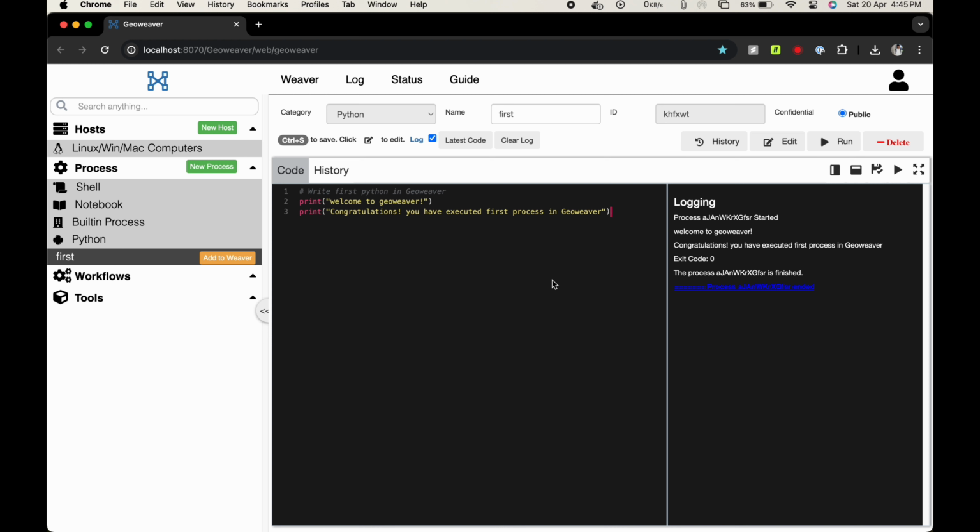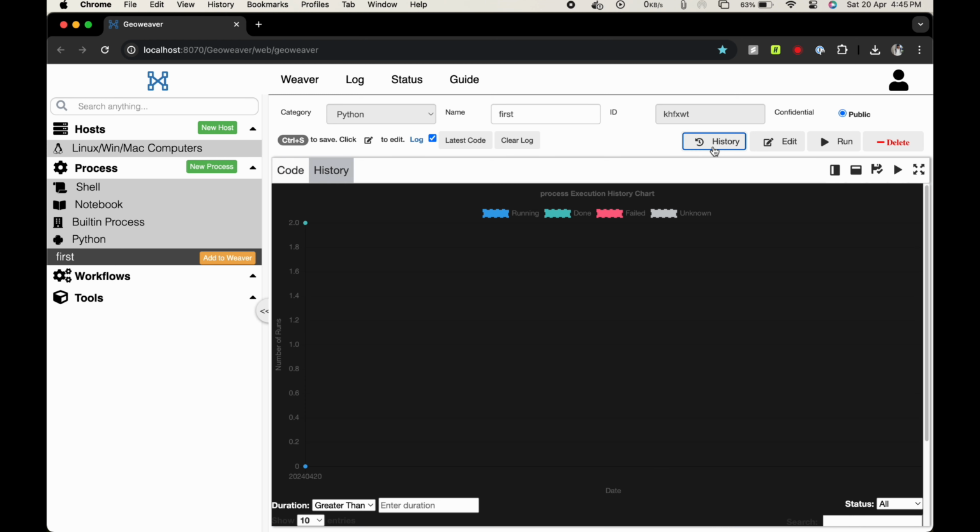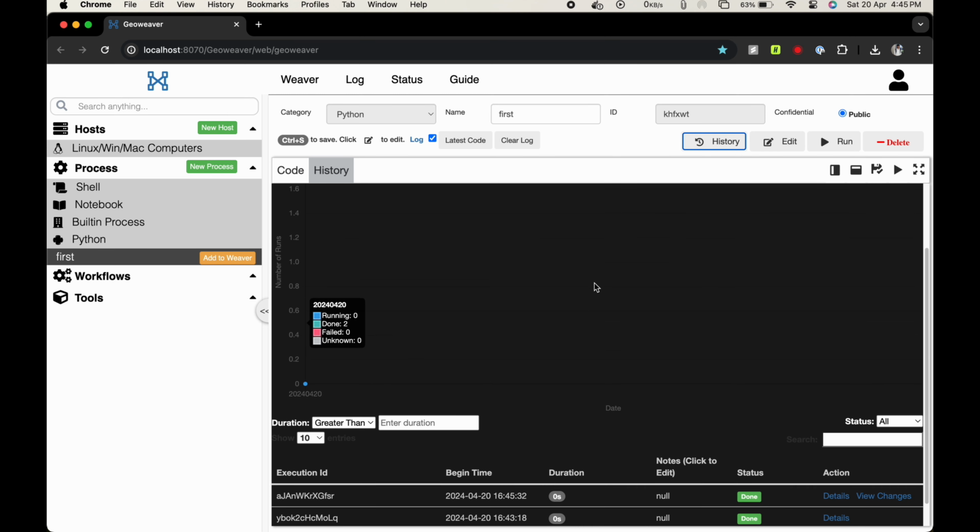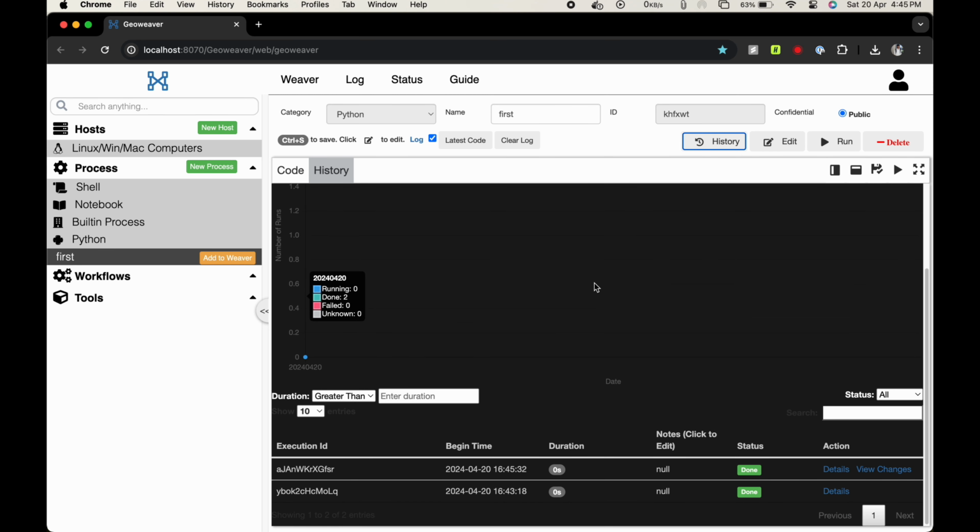After running a process in Geoweaver, you can access the history by clicking on the History button in the top right corner. The main panel shows the History section, displaying a graph that visualizes the number of executions over time. The table provides valuable information, such as the time of execution, duration, and status, making it easy to track and